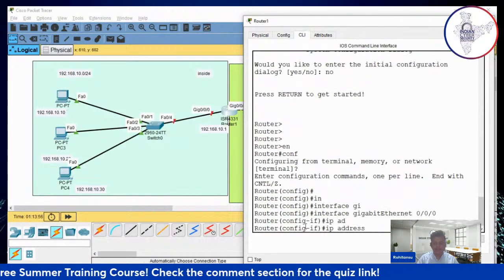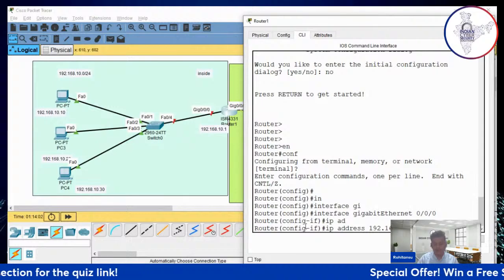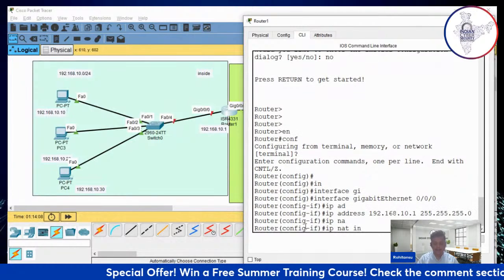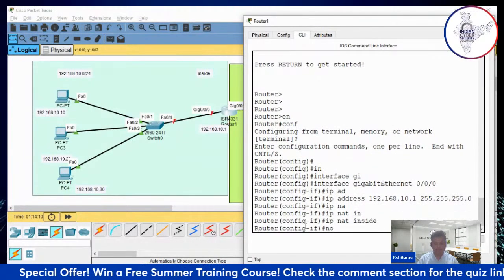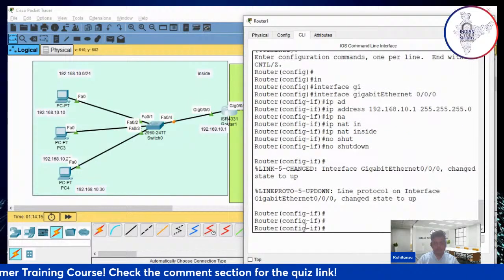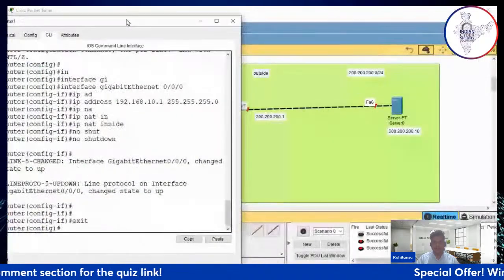Give the IP address: ip add 192.168.10.1 255.255.255.0, and you need to tell which side it is: ip nat inside. No shutdown you do. This side will be on. Exit out of this place.